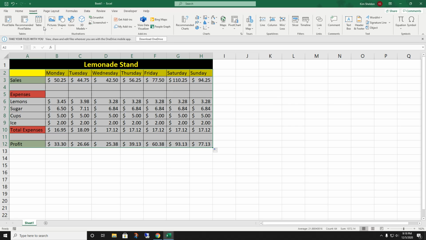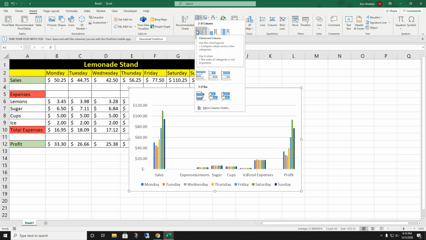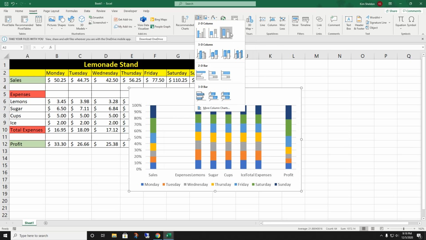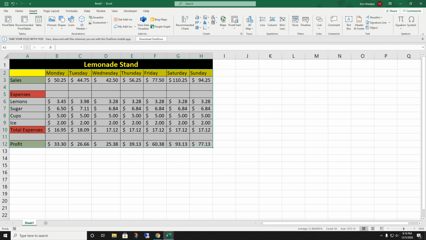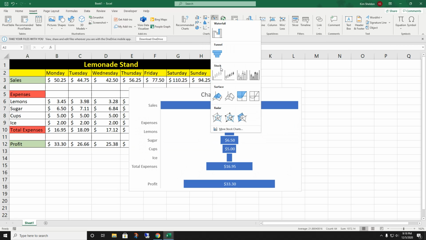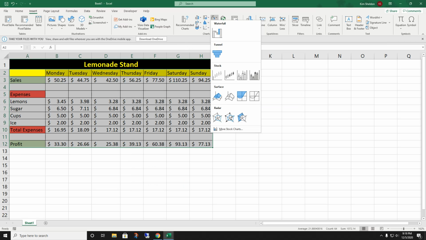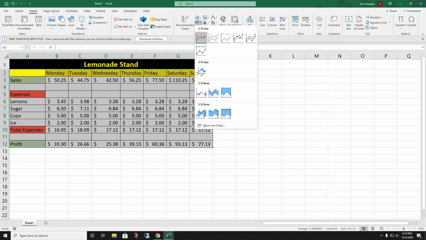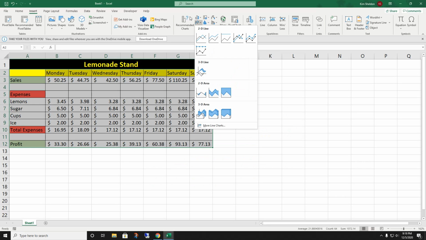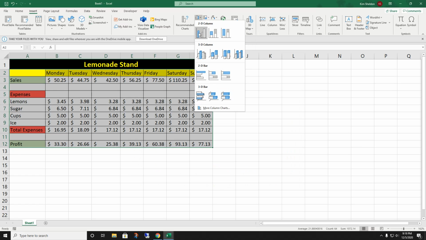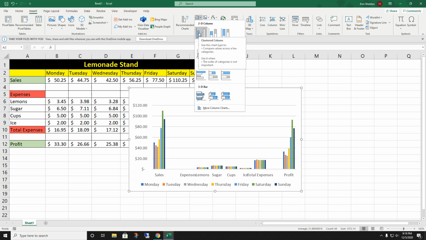And then you can go over here to Charts. So these are different kind of charts. There's recommended charts. So this kind of shows you what they're going to look like, the different kinds of charts. So you can kind of pick which kind you want. There's a tree map. There's waterfall. So they're kind of interesting, all the different charts. And you just pick the one that you like. So anyways, there's a whole bunch there. I am going to pick,